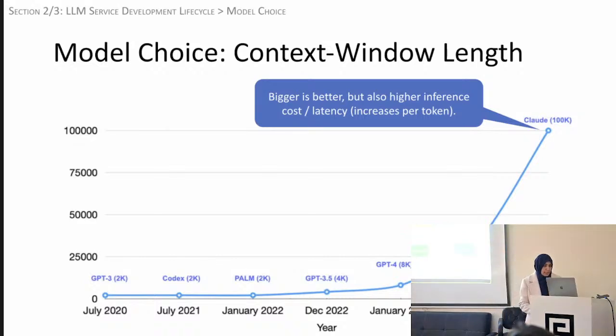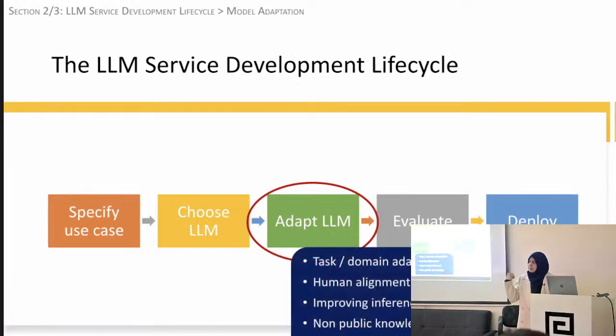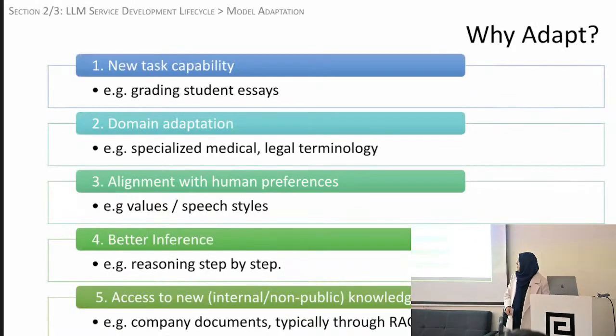All right. So we saw four different factors on which we base the choice of our LLM. Now that you've chosen your LLM, say you decide to go with some open source model, now you need to adapt it to your use case. Adaptation basically means you want to get the most out of it. So you want to tweak it and tune it and set the parameters such that you get the most out of it for your use case. So now we'll go into the details of how adaptation is done. I'll explain these in the next slide.